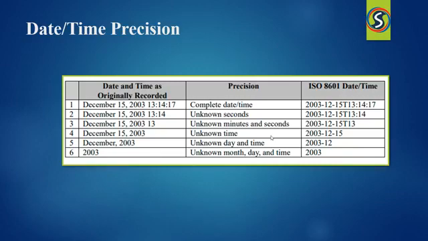That is where, suppose we have a date value of December 15, 2003, along with unknown or missing values in hours and minutes, then how is it going to be represented? Then you will include a T separator for your date as well as time. So 2003 hyphen 12 hyphen 15 is what you will represent as the day, and then the separator T, then you will write a hyphen, a colon, and then 15, for the seconds or minutes, whatever you are going to have.